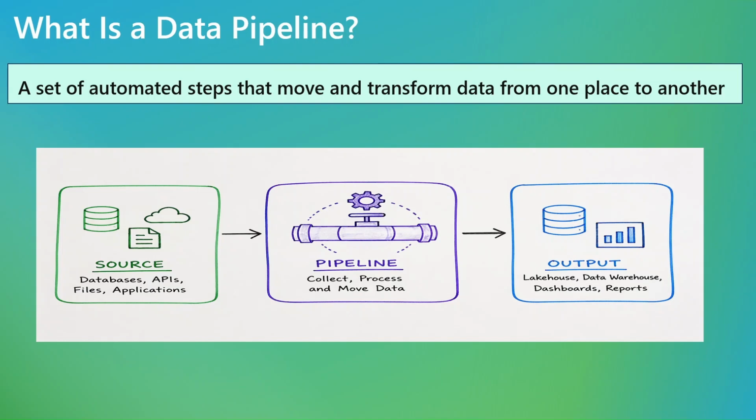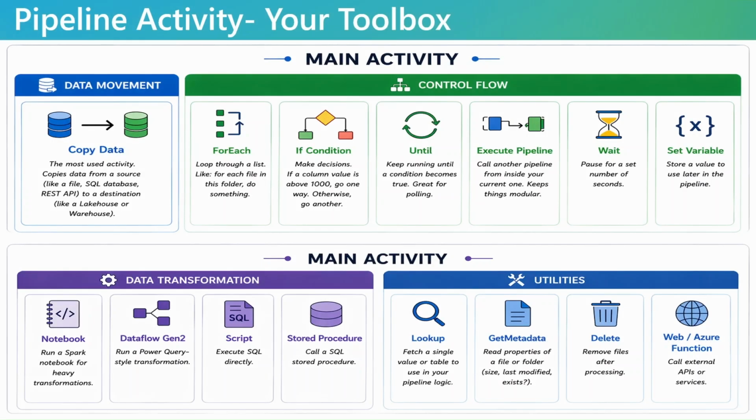Now in Microsoft Fabric, you build this pipeline in a very simple way using Data Factory. The keyword here is automated, right? You set it once, and after that it runs on its own on a schedule without you having to do anything manually. You don't have to write any complex code. It's mostly visual. You just drag and drop different steps onto the canvas and connect them, almost like putting together building blocks. It picks up a file or a database and puts it somewhere else, like a lakehouse or warehouse.